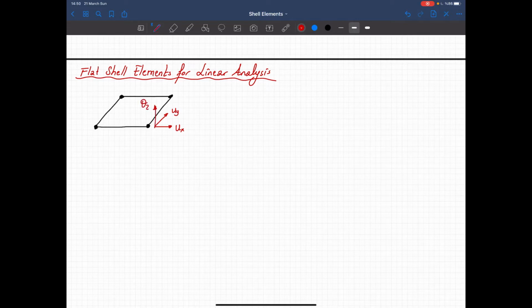It could be a real rotation or a spurious drilling rotation. You can add a small stiffness to these degrees of freedom, like we did to stabilize the membrane element. So we have a membrane action, a membrane formulation,